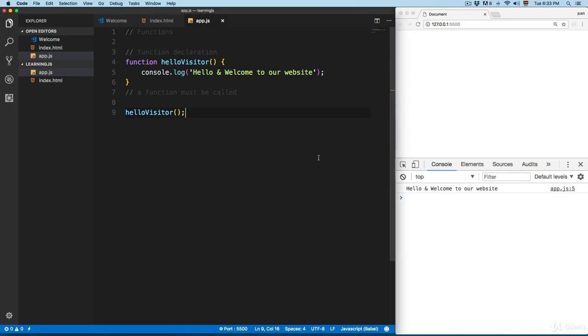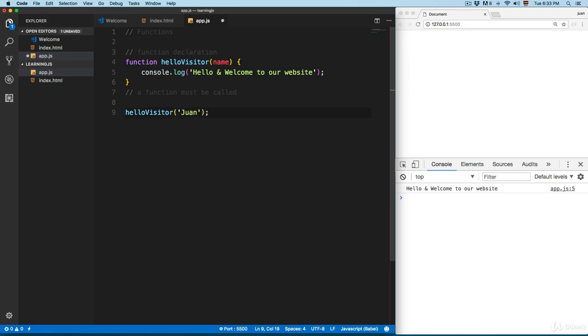This will make your functions smarter, and an argument is going to be a value from the outside of the function that is going to be added inside the function. So right here we have hello visitor, and I'm gonna add right here the argument. I'm gonna call this one, for example, name. And then right here we have hello visitor. I'm going to add my name,